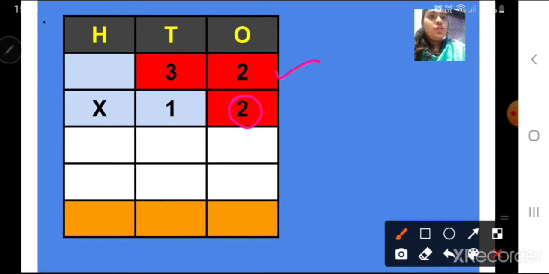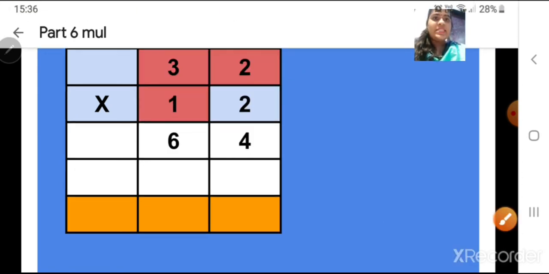So 2 twos are, always when we are multiplying we have to start from right to left. 2 twos are 4, then 2 we will multiply with number 3 at tens place, 2 threes are 6, then we will write it down. Correct? Then we don't have any number in the hundreds place. So after multiplication of the multiplicand by the digit at the ones place, we have got 64. Correct?